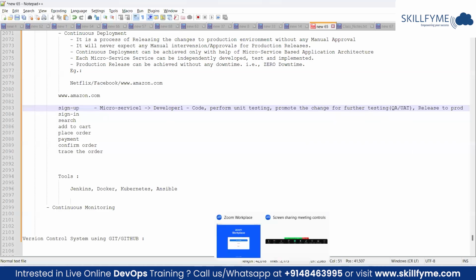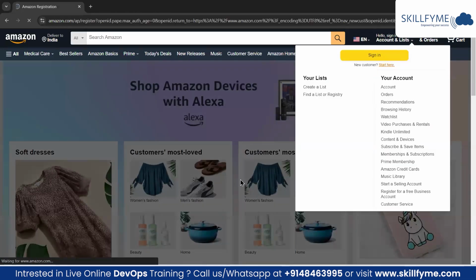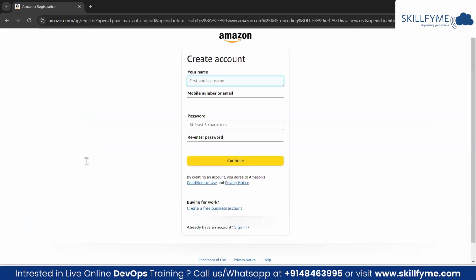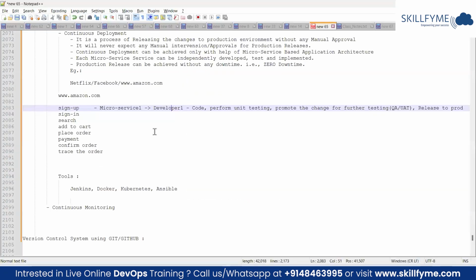Let's say, for example, consider this is my website. On this website, I have user sign in as a new customer. This is the default page we have now. Assume that the business wants to change the look and feel of this page. They want to change the background color, or add new fields for user account creation. Already we have 4 input fields, and they want to add one more field here. This is a new change in that application service. This change will be assigned to one developer, and he or she can independently code the change, perform the unit-level testing, promote the change for further testing, and independently release it to the production environment.